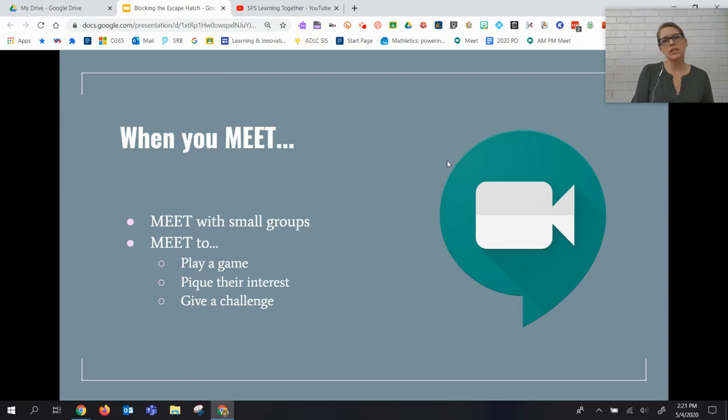And then the next strategy I would suggest is thinking about different ways to use Google Meet. With the kiddos, whether they will admit it or not, certainly the research is suggesting that our kiddos still need opportunity to connect socially. They still need to play games, to connect, to have conversations, to be intrigued. And so instead of using your regular Meets as a way to just answer questions and provide help, start to use them a lot more strategically